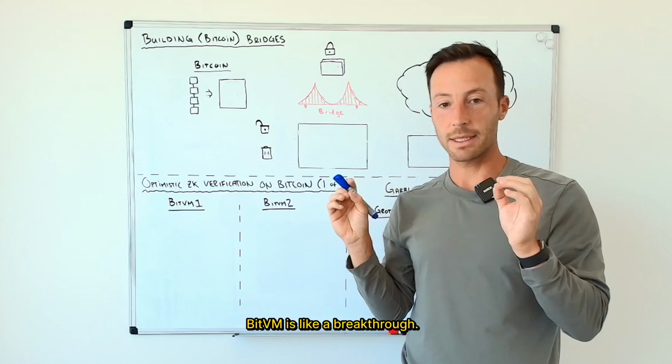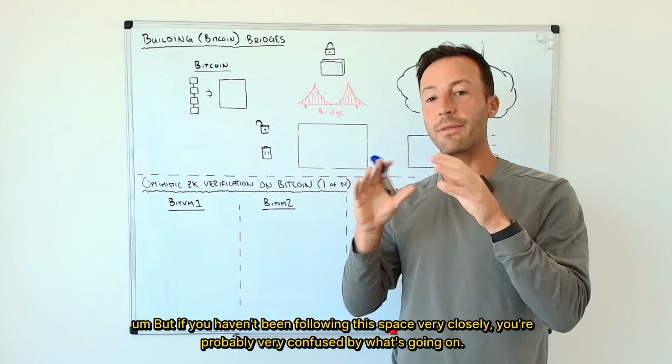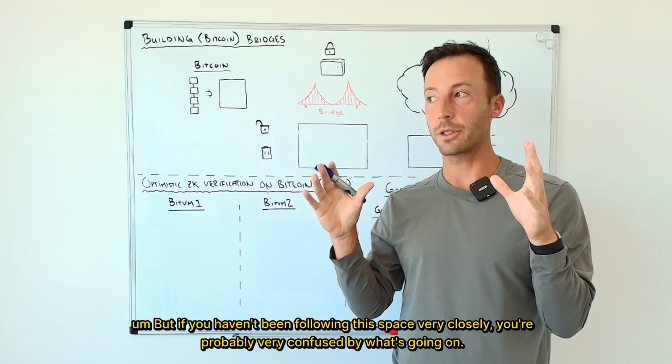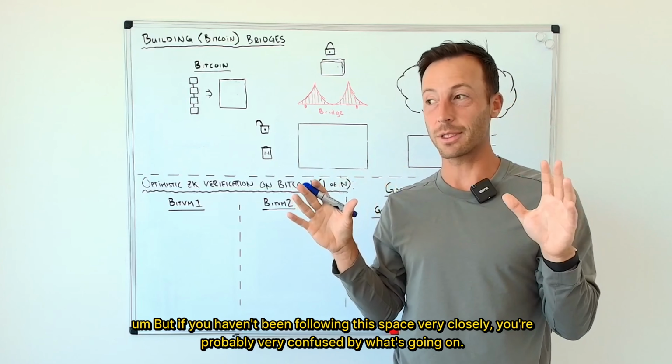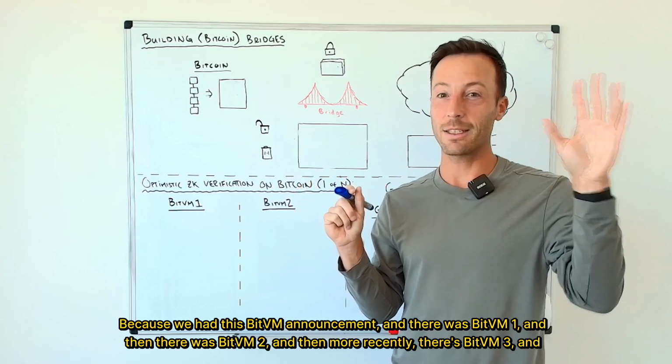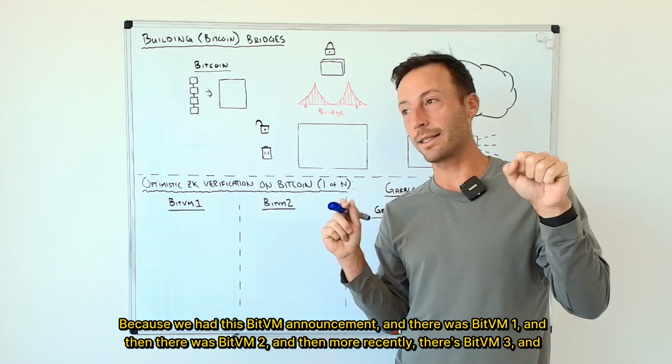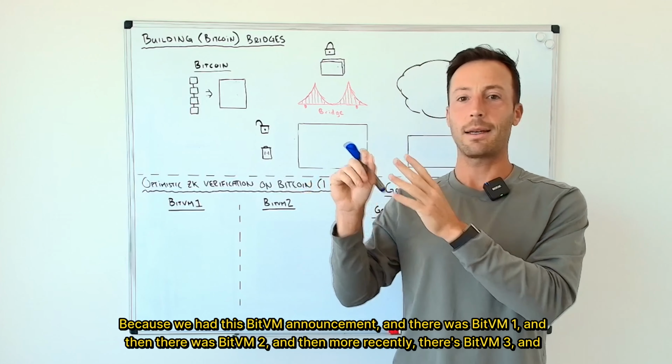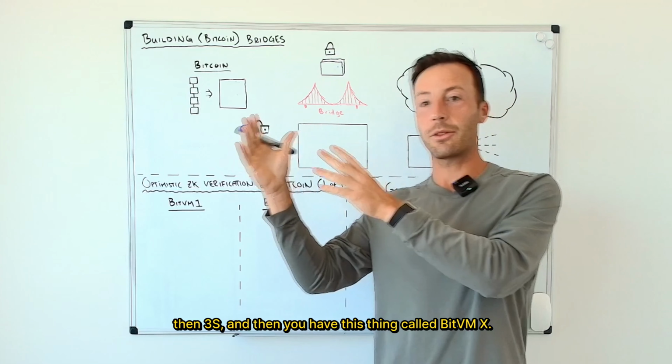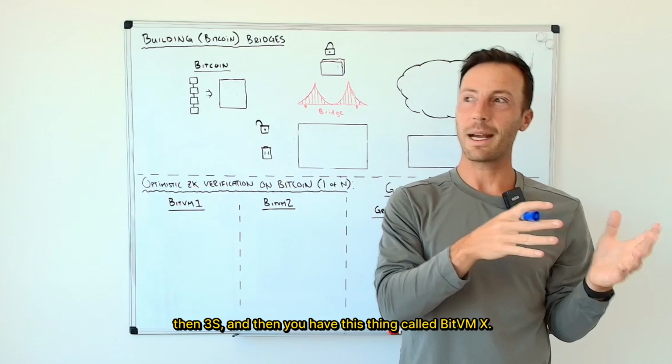Now, BitVM is like a breakthrough, but if you haven't been following this space very closely, you're probably very confused by what's going on, because we had this BitVM announcement and there was BitVM 1, and then there was BitVM 2, and then more recently there's BitVM 3, and then 3S, and then you have this thing called BitVM X,